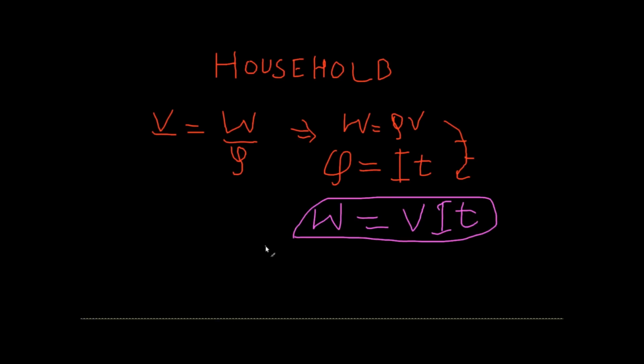So again, now let's do the first one. As I told you last tutorial, with Ohm's law I have V equal to IR, so the voltage equals current times resistance. And from this relation, I have W equal to VIT. So in this VIT combination, I replace the V with IR, because I know V is equal to IR, and therefore I get IR times IT, which is I into I times R into T, which is I square RT. So that's another formula, that W equals I square RT.